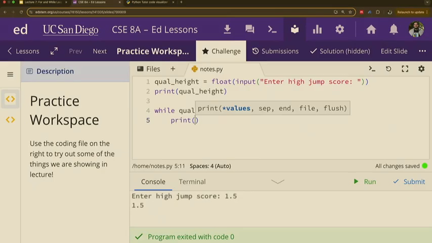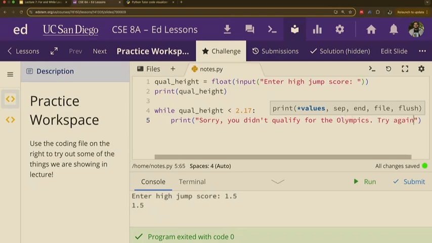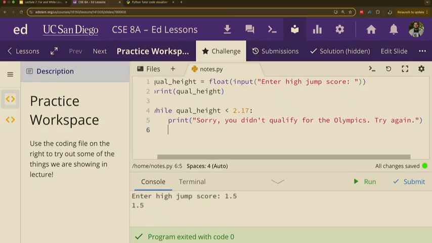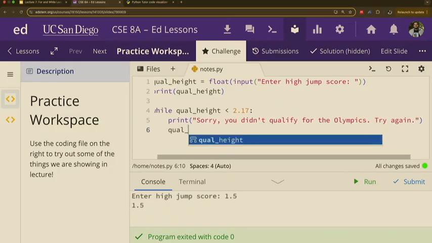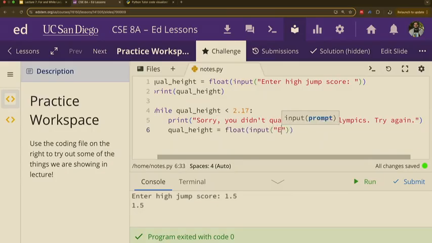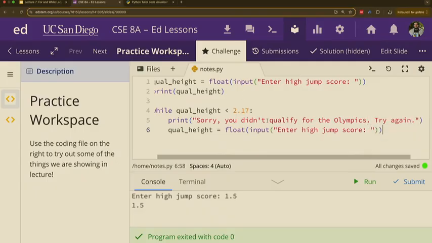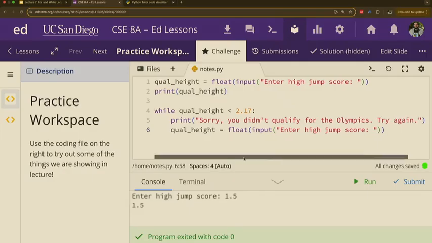In this while loop, we're going to say, sorry, you didn't qualify for the Olympics. Try again. Okay. Then I'm going to want to update my qualifying height and say enter high jump score. Basically, in the system, I want to try over and over and over again with new scores until I qualify.